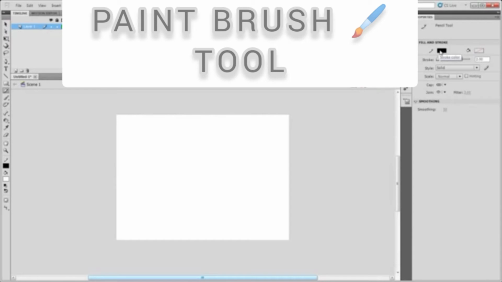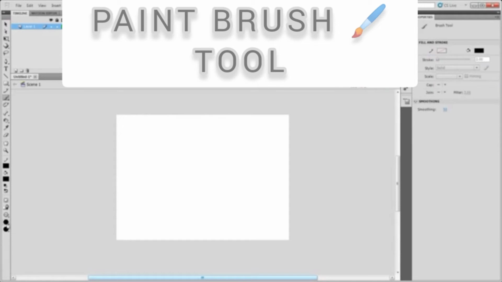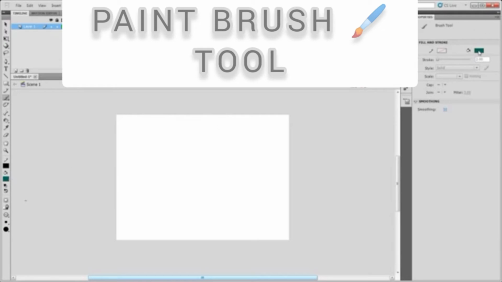Brush tool. This tool is used to draw with brush-like strokes. It can create special effects which come with a set of preset brush shapes like round, ellipse, square, rectangle and calligraphic. To select the brush tool, select the brush tool in the tools panel. Select the fill color and choose brush size and shape using brush tool property.